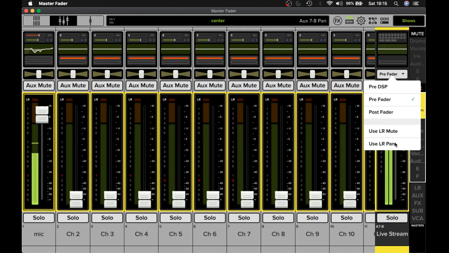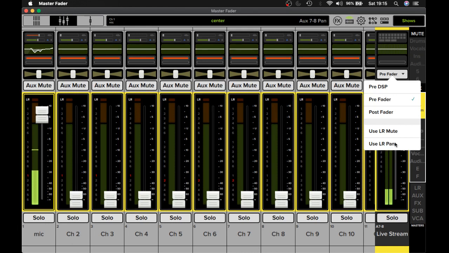Currently, what I'm doing for this stream is I'm not listening in from aux 7 or 8, though you can route it in such a way that you can listen to aux 7 and 8, so you can hear what's on the live stream. If you've got a stereo monitor pack, which I do. I have a couple of PreSonus stereo monitor packs. I could do that, or I could just send both,